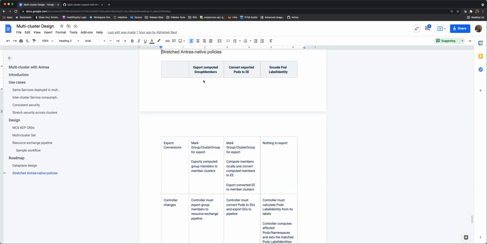I mean, I have not jotted down that particular item, but that's something I think should be possible. It's similar to how we do aggregation of policy information from different nodes to the single Antrea controller. Now this would be aggregating from different controllers to a single leader cluster controller. Okay. But that's something that is currently not added in the items, but definitely I'll make a note of the aggregation